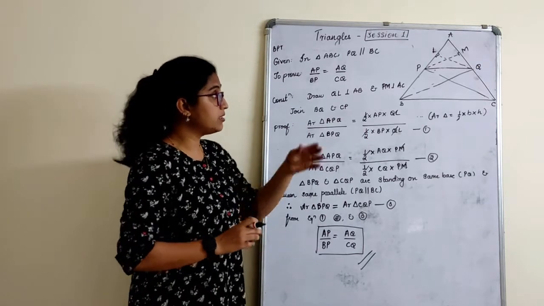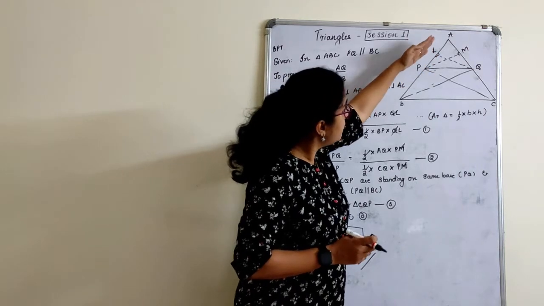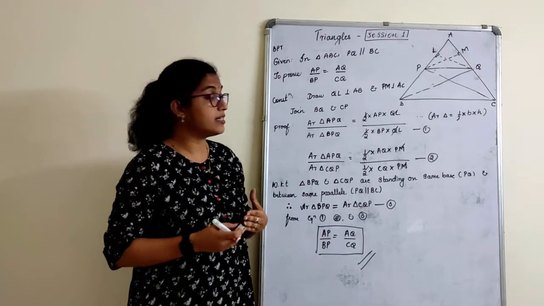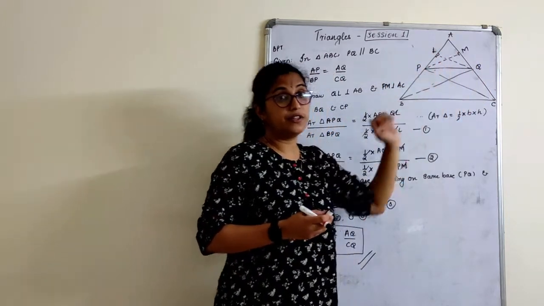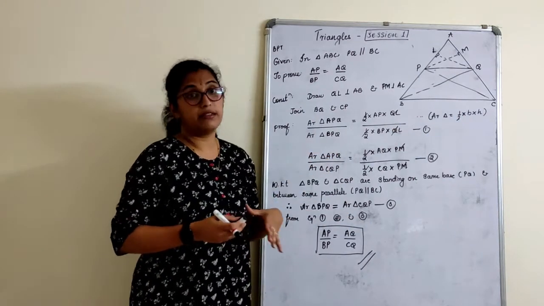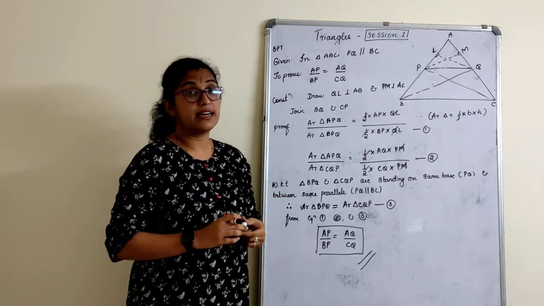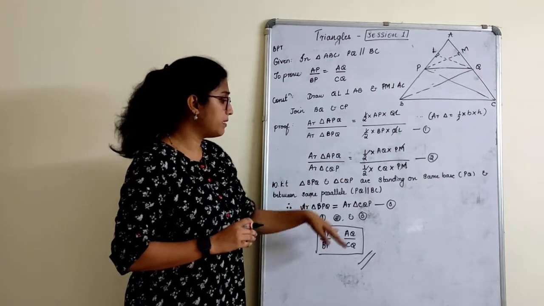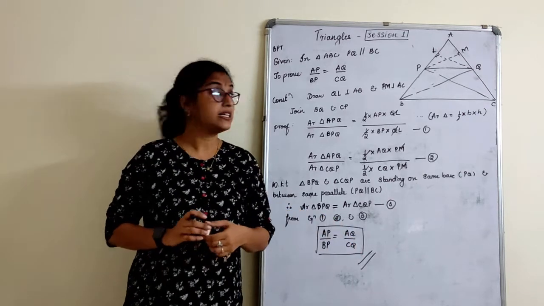So what we do here, we first take the first part of a triangle and another part of a triangle with respect to the same base and try to find the ratio of those areas. Second part, again we take the same triangle and another side of a triangle and see the areas. Then we come to know that two triangles are standing on the same base and between the same parallels. Therefore, the areas are equal. From equations 1, 2 and 3, when we compare that, you can say AP by BP is equal to AQ by CQ.